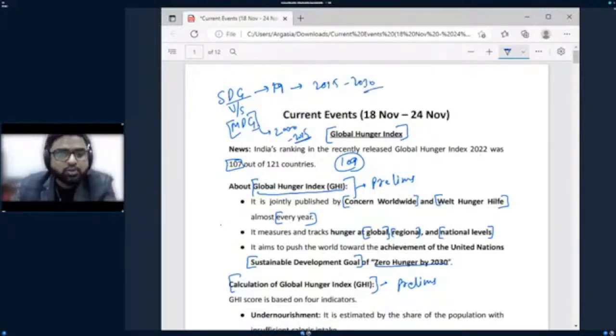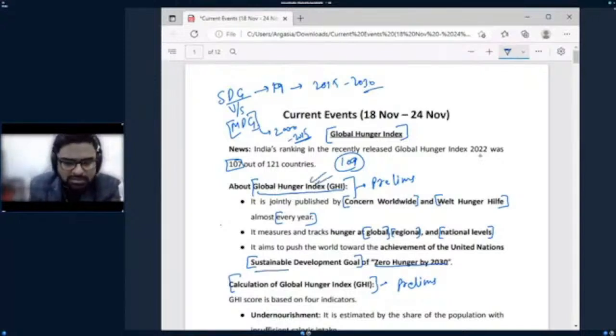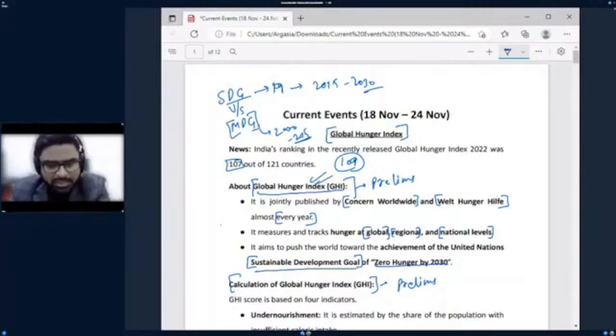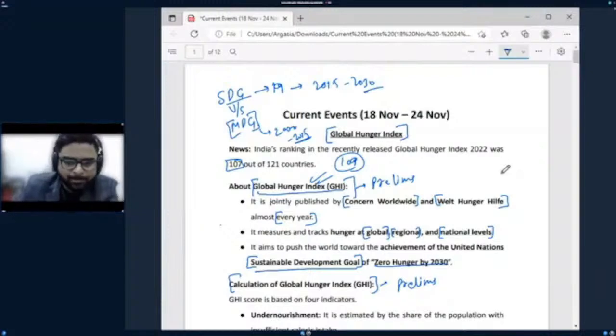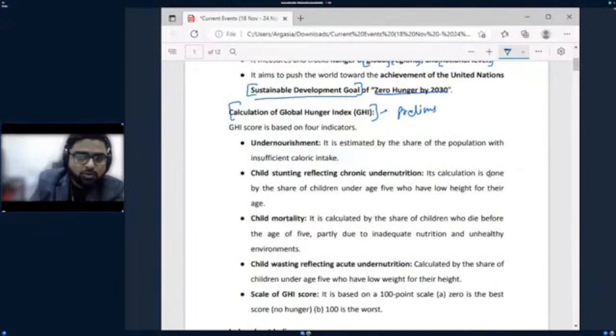The purpose of this is to socio-economically uplift. The Global Hunger Index also works toward sustainable development. Okay? All these 3 points are clear. Who publishes them, at what frequency, and at what levels. Okay, next, this is also something you have to remember for prelims. Very important. You need to remember